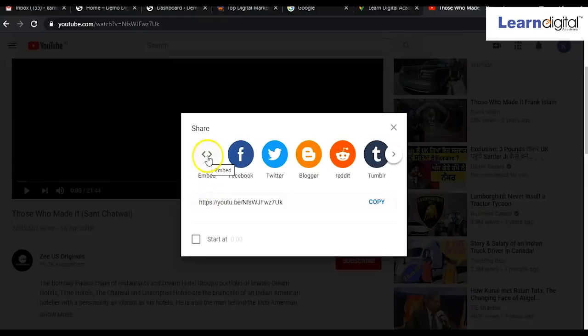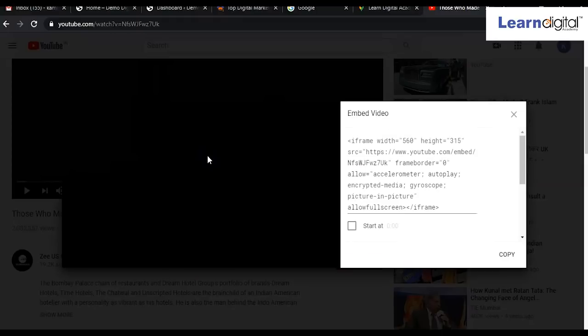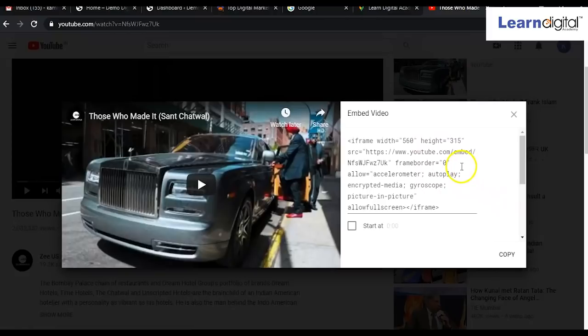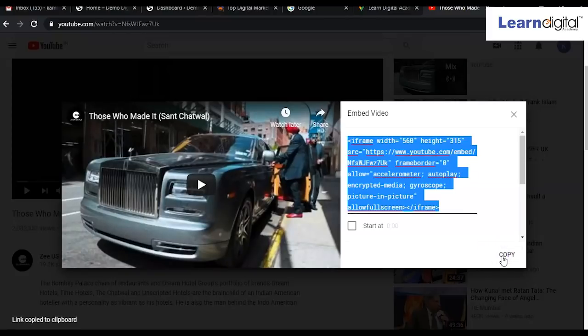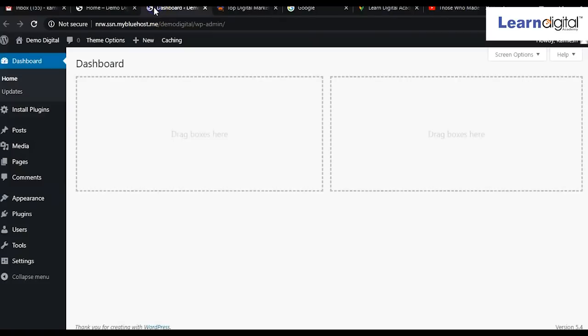So here click on embed and again this HTML part of coding is coming. Simply copy that code, then come to your backend, go to pages, all pages.